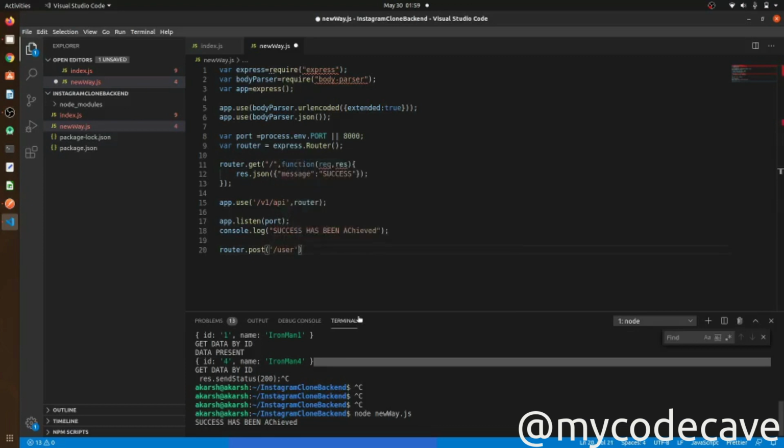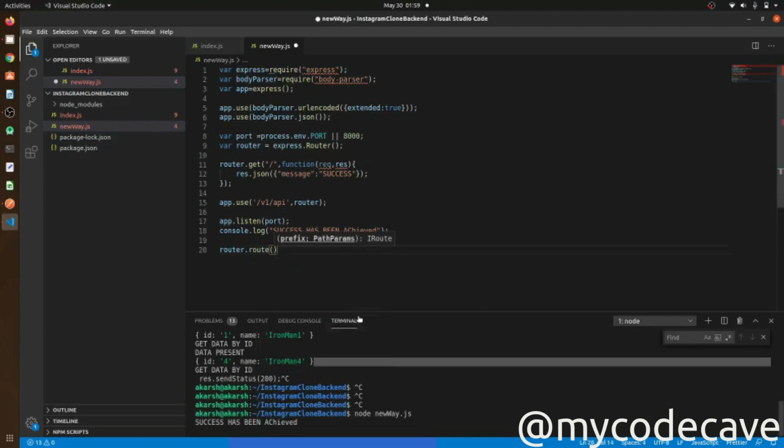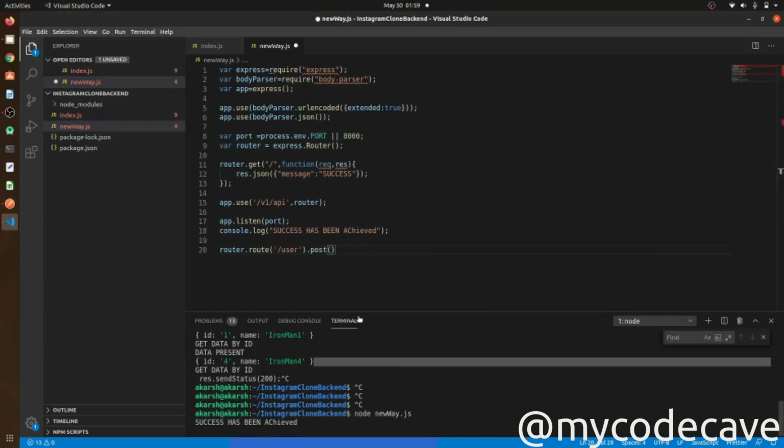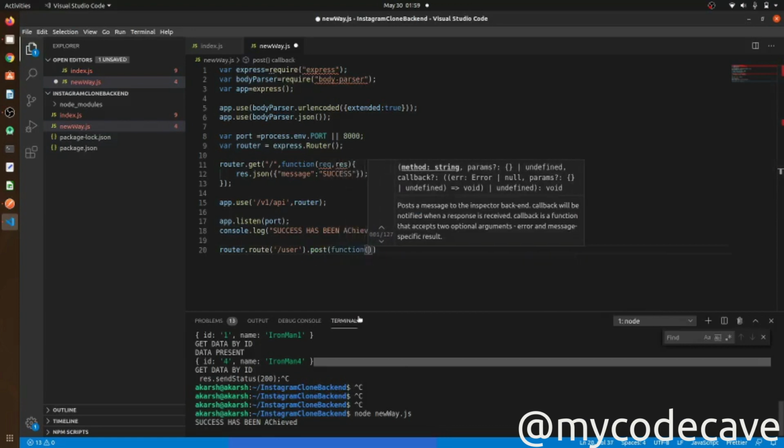No, not here, it will be router.route, and it will be user, and after that I will set whether it is post or get, and inside that post I will set a function that will take request and response.